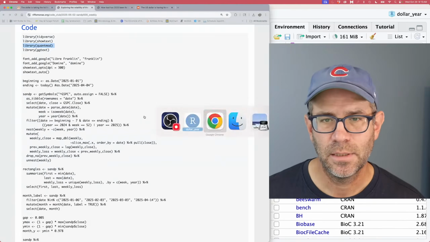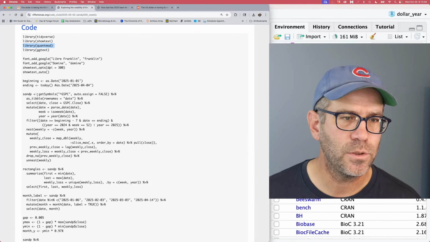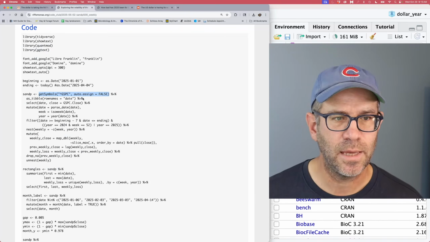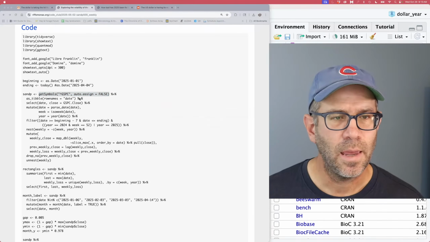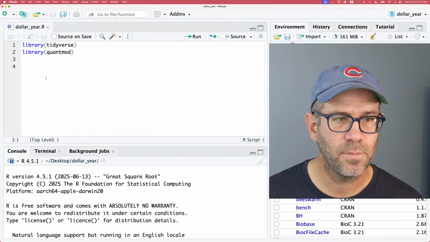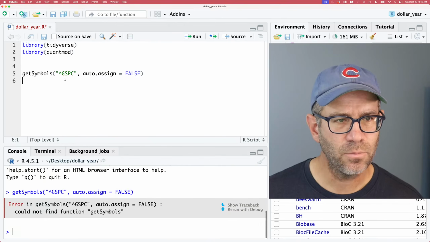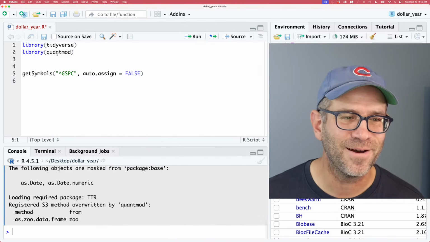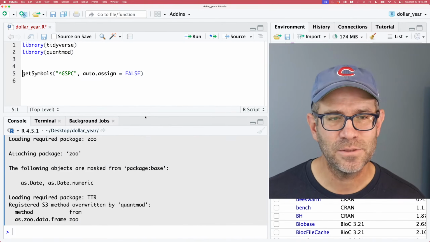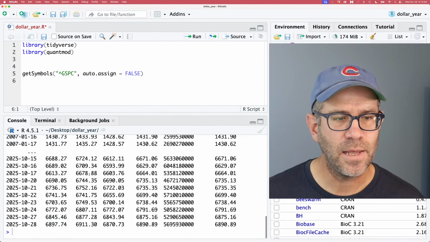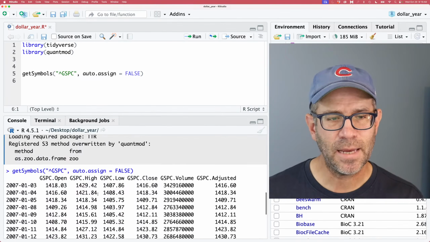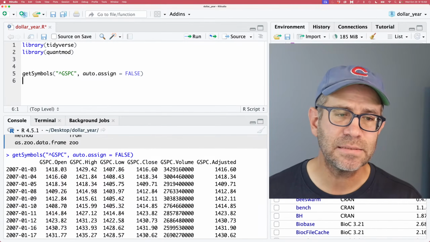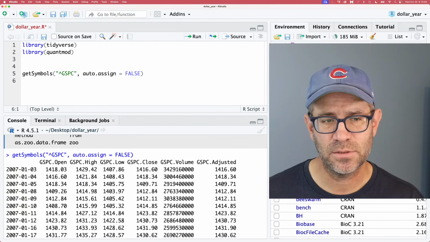All right, so let's keep thinking about how we would use quantmod. And as I recall, there is this command that we used, getSymbols. And if I then come over here and I run getSymbols, because I didn't actually run library quantmod, you can see that it loads a variety of things, and that I then do getSymbols, and I get back a data frame where it's got rows that are the date. So this is starting in 2007